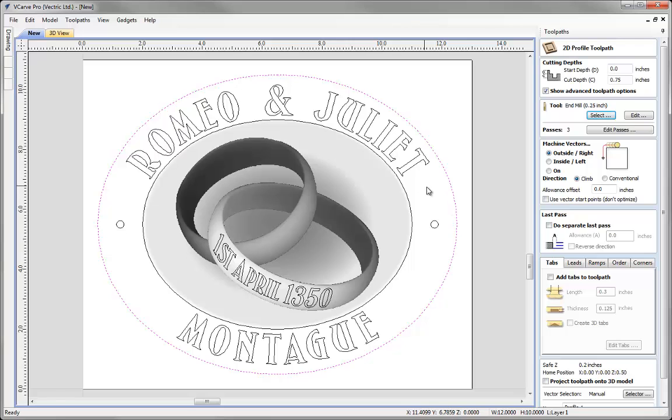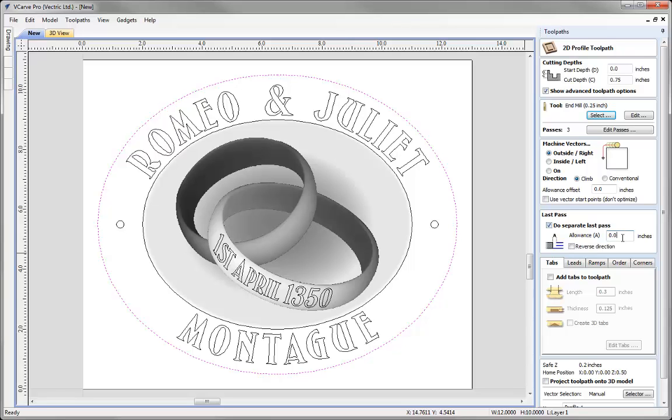So if maybe I screwed through here and here, then I've got nice thick material to screw into. I can hold the part in place, and so what I actually might want to do is, instead of adding the tabs and leaving the marks that they'll create, I could do a separate last pass. What this will do is come in and machine around the part with a slight offset away from the edge before stepping in for the last pass, giving me a full depth cut and a very clean, nice vertical edge